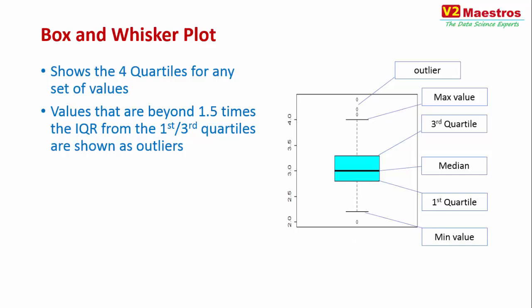It shows you in a very pictorial way how exactly the data is distributed for a given data set. So you can immediately see whether there are outliers in the data, which helps you figure out outliers during data cleansing. If the height of the box is small, it means the data is very closely knit. If the height of the box is large, or the interquartile range is large, it means that the data is widely distributed. It immediately gives you a good picture of what kind of data you're looking at.